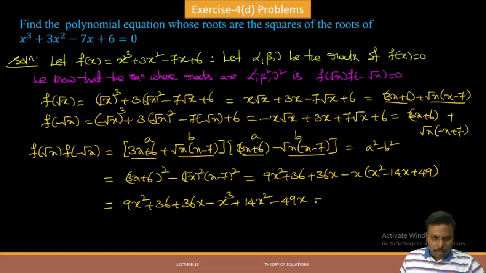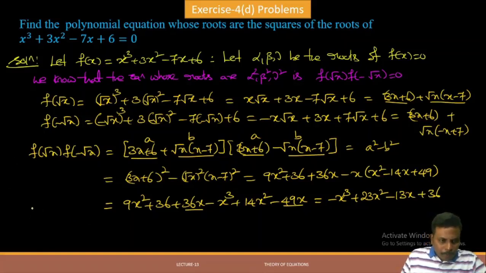So that is equal to minus x cube plus 9x square plus 14x square is 23x square, plus 36x minus 49x, it is minus 13x, plus constant term, that is 36. So